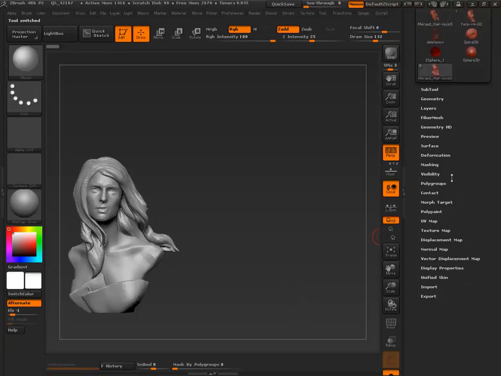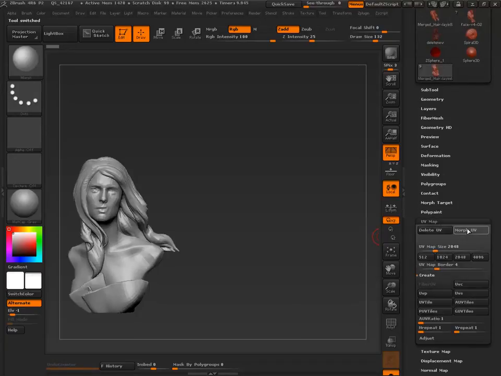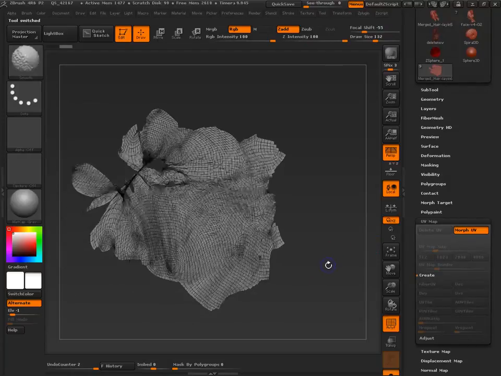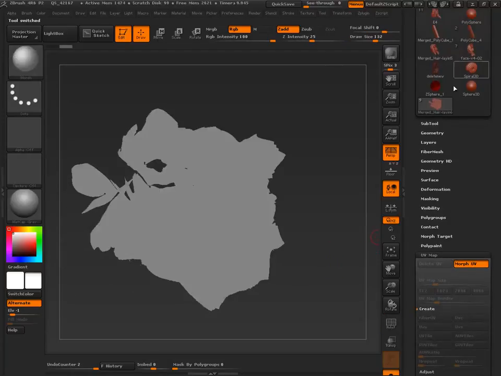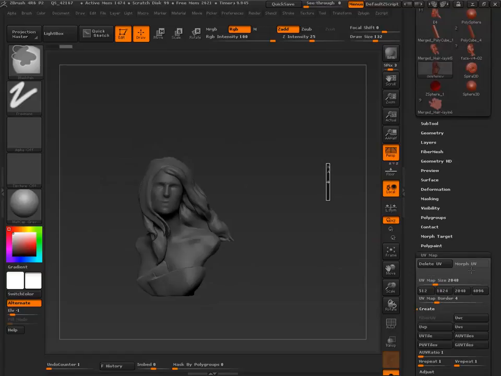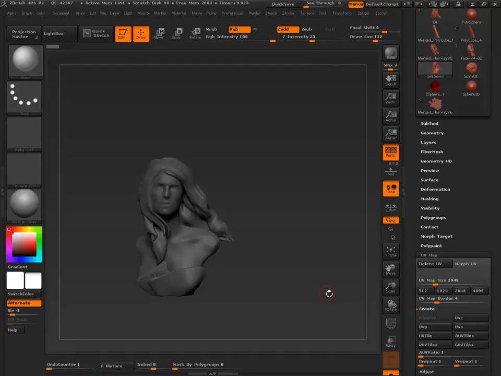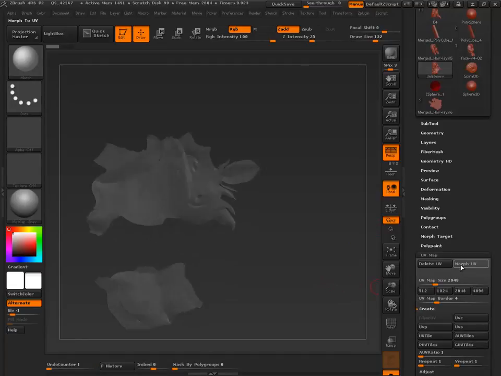Okay, back to this one. UV map, morph UVs. And then we were at what? This one? Come on. Much better.